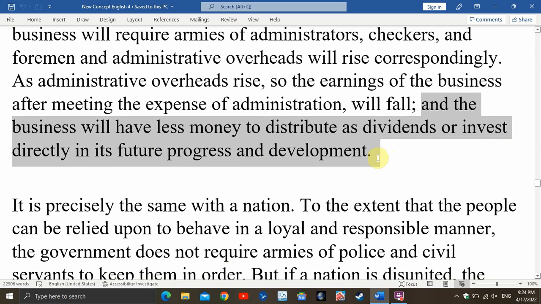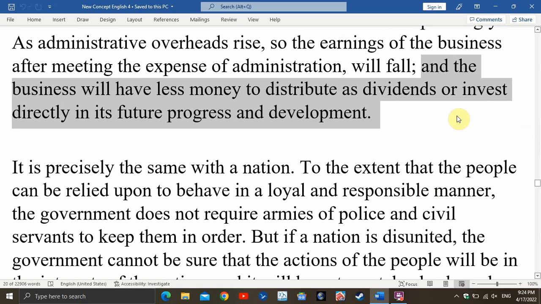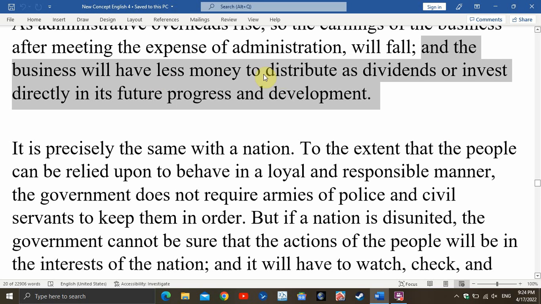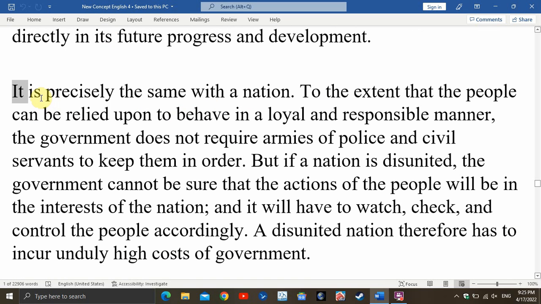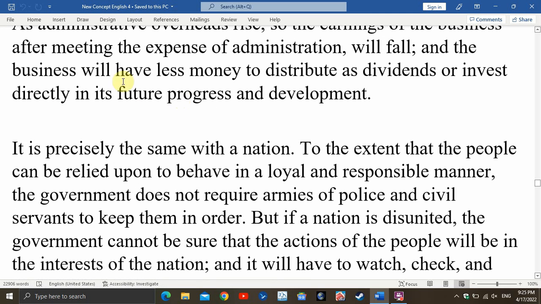And the business will have less money to distribute as dividends or invest directly in the future，这句是简单句，对吧？We have less money to distribute or invest，只不过里面并列了两个不定式，to distribute as dividends or to invest directly in future progress。那么后面，it is precisely the same with the nation。这是一个简单句，对吧？It is the same。这里的 it 就指前面那种情况，就是指企业的这种状况，is precisely the same with the nation